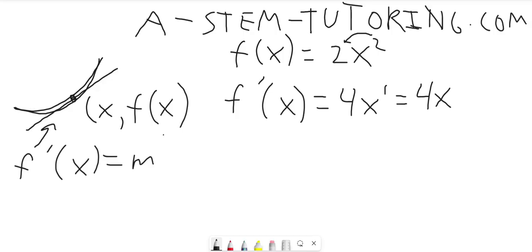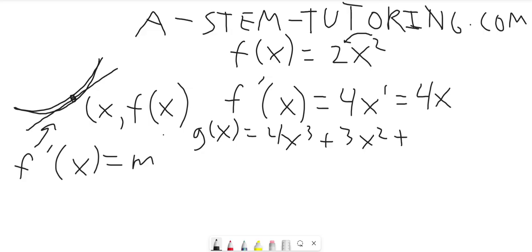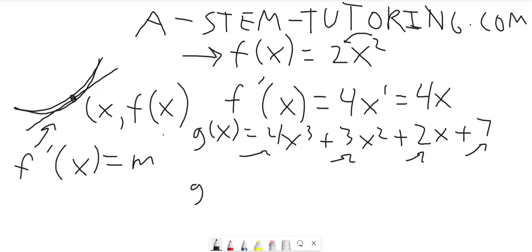We can apply this to linear combinations of other functions similar to f of x. For example, suppose we have g of x equals 4x cubed plus 3x squared plus 2x plus 7. We can apply this methodology we apply to f of x to each of these individual terms and then sum them up. So g prime of x